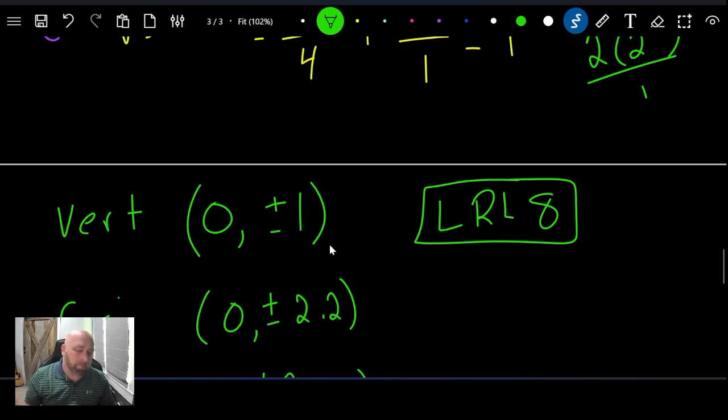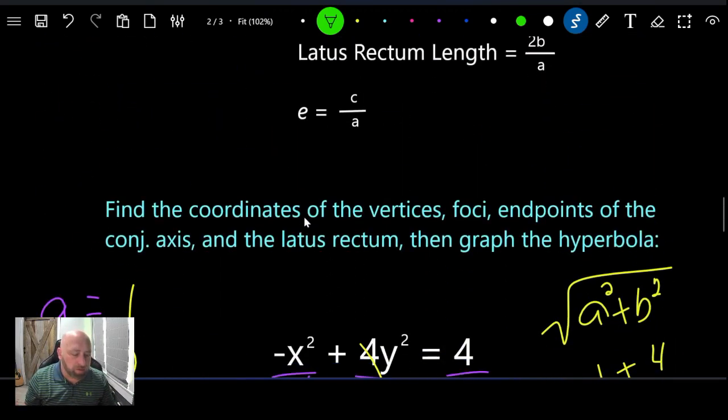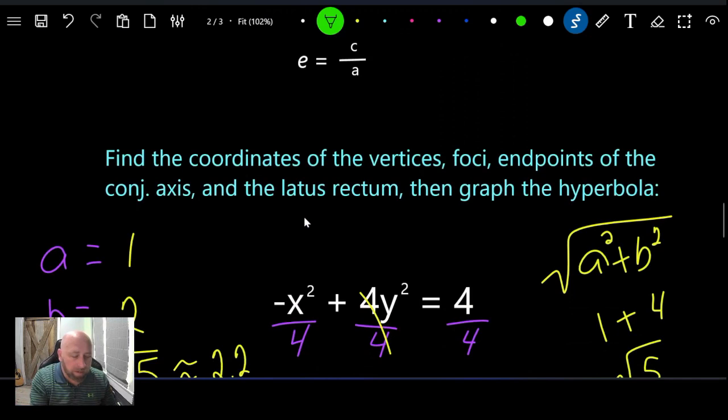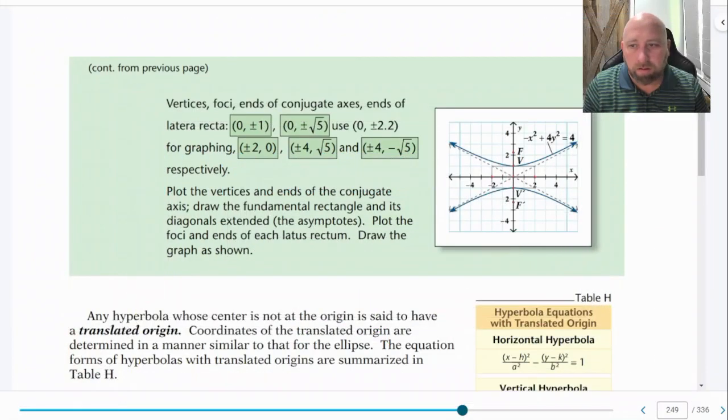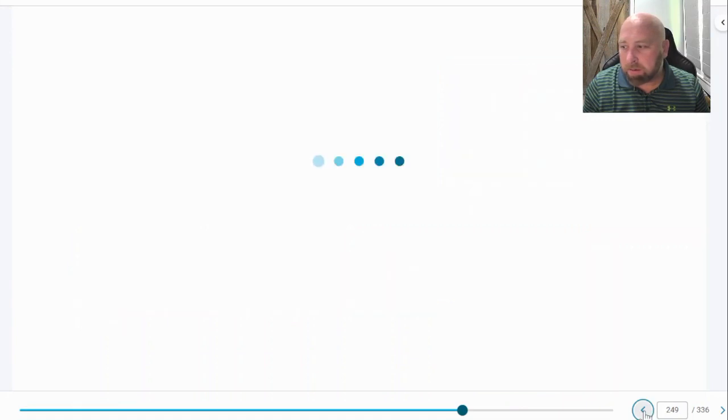Okay, now let's go back up here to the question and see what they're wanting. They don't want the length. They want, and I didn't really write it out here, I should have written it out here, but in your book, they want the latus rectum ends. They want the ends of that. So they want points. Well, how are we going to do that? Well, let's jump back over here to the book and let me show you something. Let's go back here to page